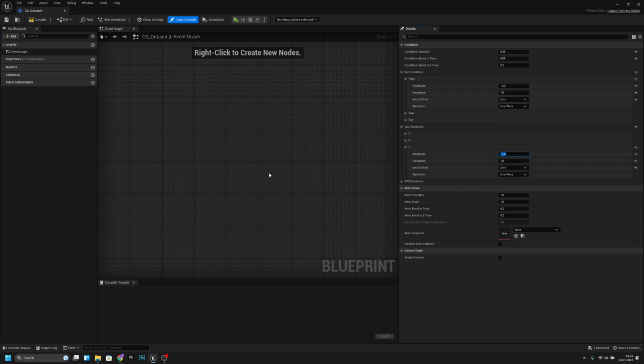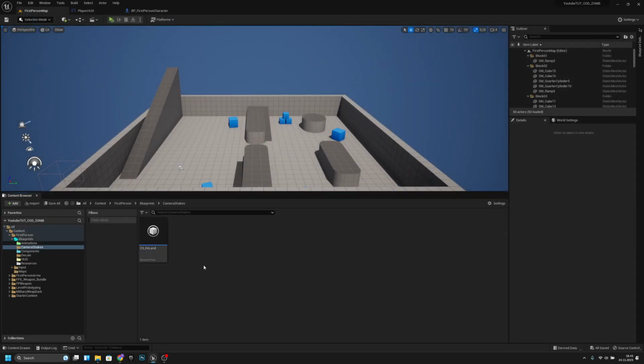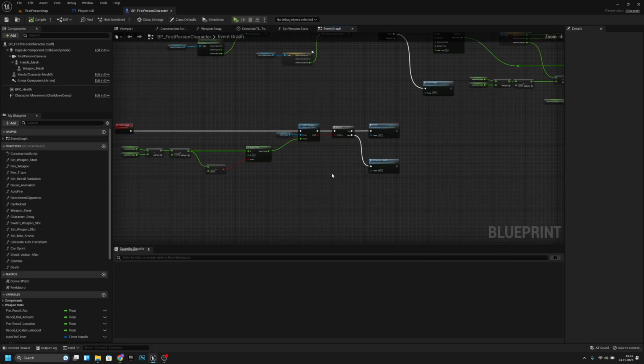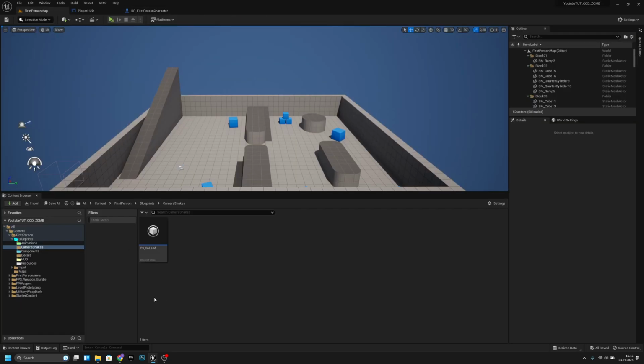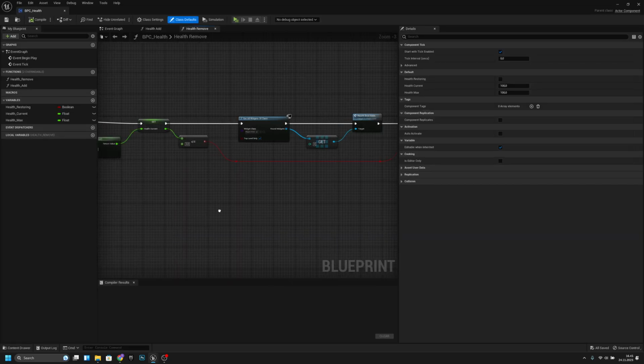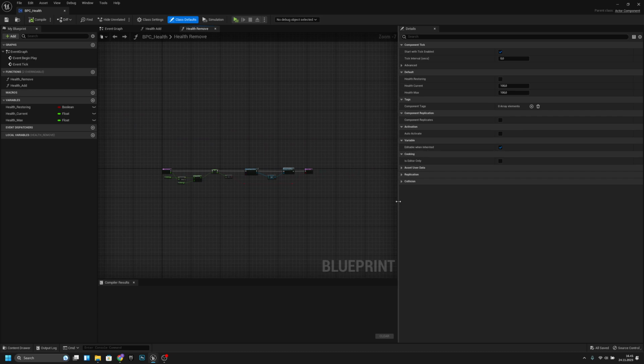Okay. And now the next thing we want to do is blending time. We want to change it to 0.1. Okay, these were good values for me. Now we can compile and save and close this. And now we want to go to the PP first person character. Oh, actually, first we want to go to the components and PPC health. Let's open it. And now we are in this